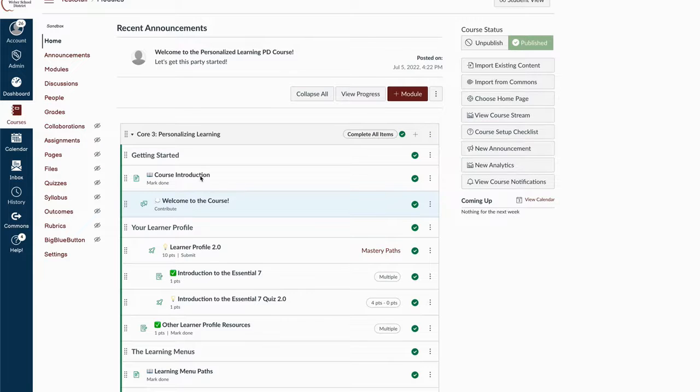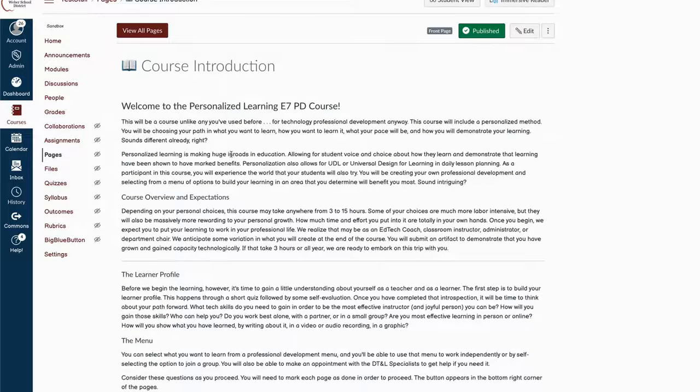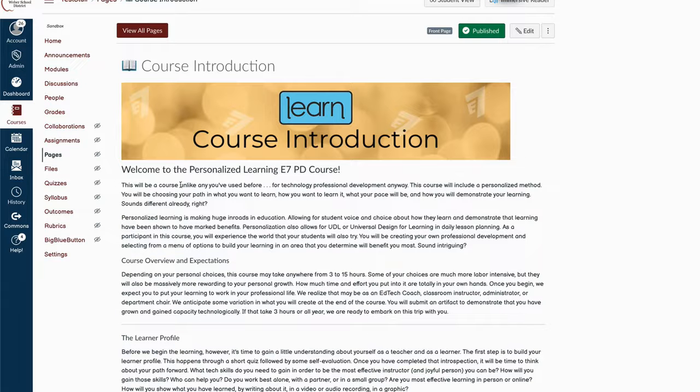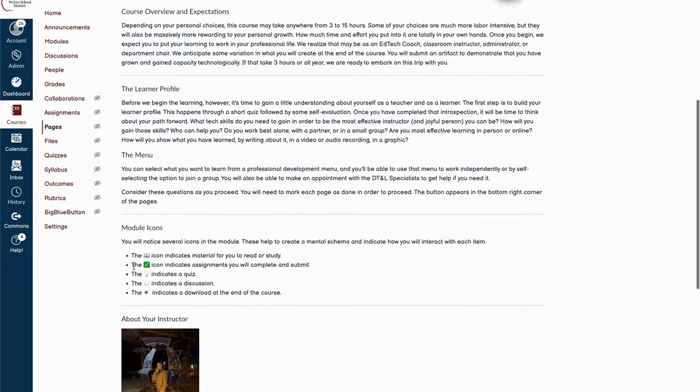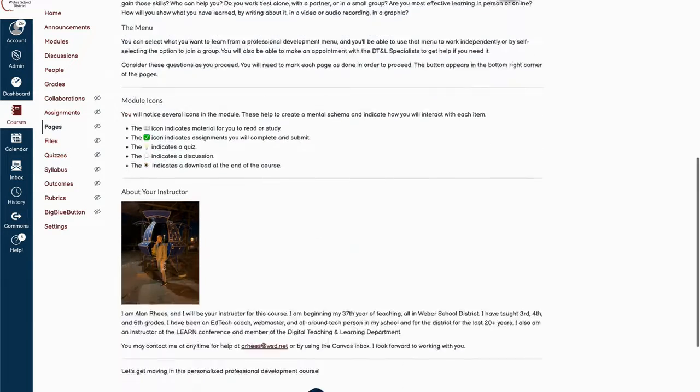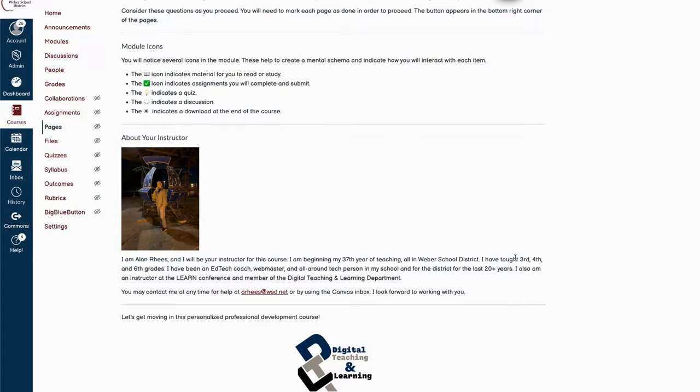So our first step is to come into the course introduction right here. And so the introduction has an overview of the course. Right now it's just called the Personalized Learning E7 PD course. I know that's super catchy and all. E7 stands for Essential 7. Overview here, and then we cover what the expectations are, talk about the learner profile, what the menus are like in here. You'll see those in a minute. How the module icons represent what students are to anticipate for each assignment or activity, and an introduction of me